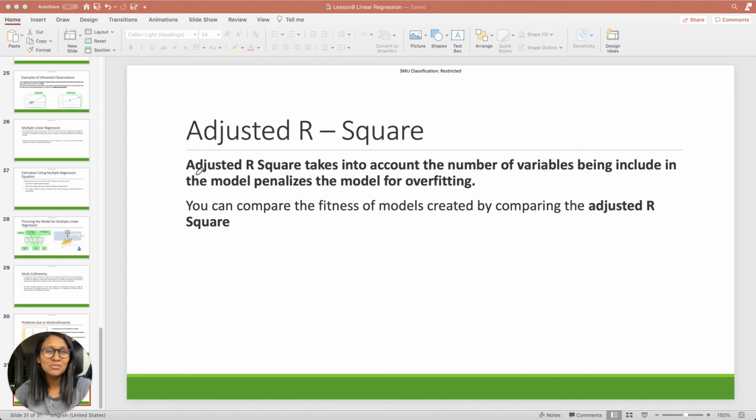So, in other words, let's take an example. If we have a 10 variable model and we add the 11th variable, if the 11th variable is statistically significant in the model, then the adjusted R square will go up. Otherwise, adjusted R square can go down. Whereas R square always increases when you add variables to the model. So that is why, when you are comparing two multiple linear regression models and you want to check which one is better, we often utilize adjusted R square, because R square is not sufficient to tell us the answer to that question.